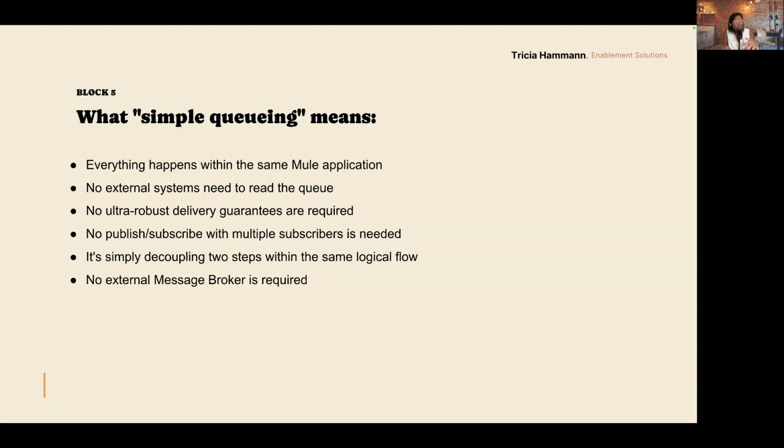No external systems need to read a queue. No ultra-robust delivery guarantees are required. No publish-subscribe with multiple subscribers is needed. No external message broker is needed. It is just simple decoupling of two steps within the same logical flow.